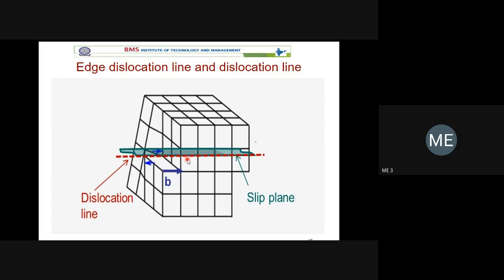There are two topics here. One is edge dislocation. One more is screw dislocation. You should be able to differentiate between edge dislocation and screw dislocation. Once you understand, you can explain. I have some more photos. No need to draw all those photos in the test or exam. Only one schematic diagram, if you draw, that is sufficient. But you have to understand and explain in the exam or even for the test. If there are no doubts, I go to the next one.